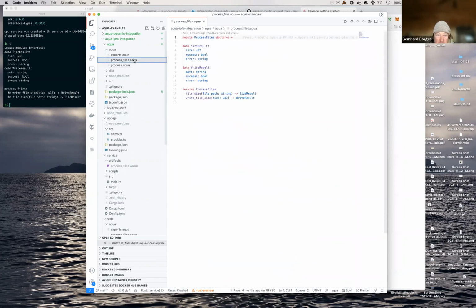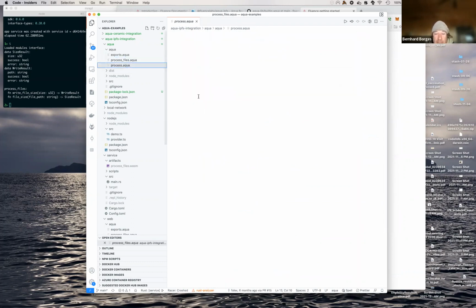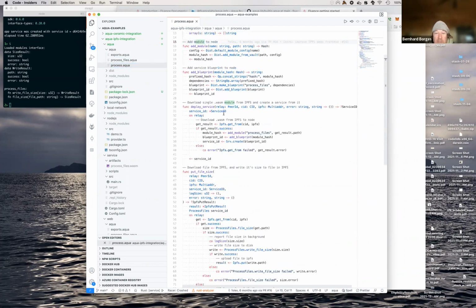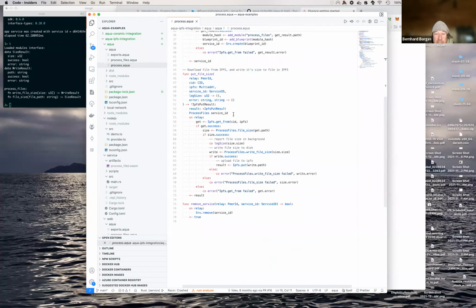which is, I think, right here. This was the interface with those two functions, but if you look at the REPL, it's quite there. And we bind them to that service ID, which we got from here. So this is the instantiation. And then we just go through it like before. And again, it's literally, if you take all the markup, the comments out, 10 lines, and you compose a fully distributed peer-to-peer hosted service across two peer-to-peer networks, the Fluence network and IPFS. It could not be any simpler.